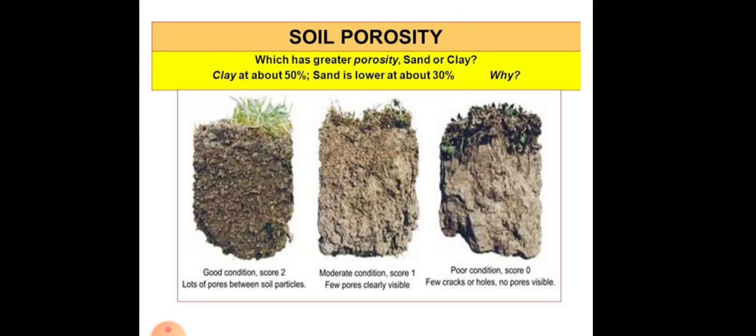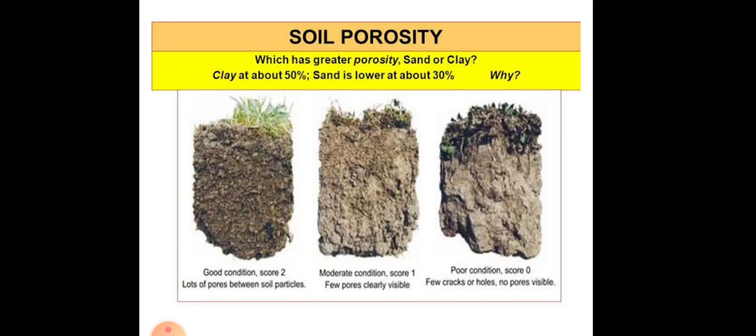And this slide also shows that there is a different structure of the soil. Structure means there is an aggregation of different solid soil particles. The first one is a good condition, with lots of pores between the soil particles. So in the first structure the pore spaces are more and it is in good condition. In the middle structure a few pores are clearly visible, and in the last structure there are a few cracks or holes, no pores are visible,